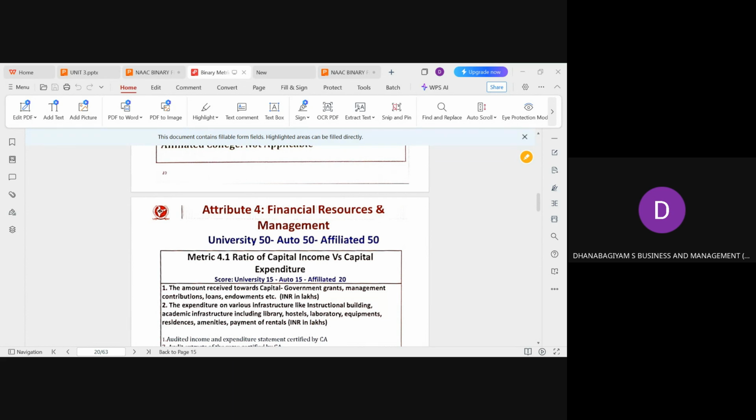Earlier, one batch of students needed to complete the course. For example, if it is a BBA course, 3 years of the course need to be completed. One batch we have to send. At least we should have 4 years. What I mean to say is, in the older version of accreditation, we had to have around 6 years, sir. Two batches need to be completed.